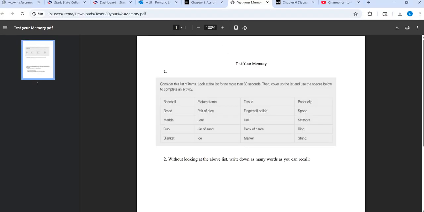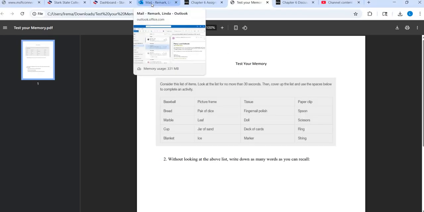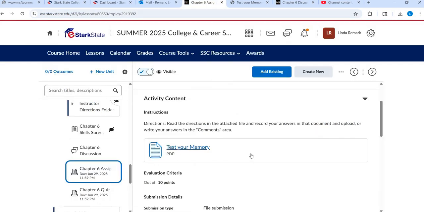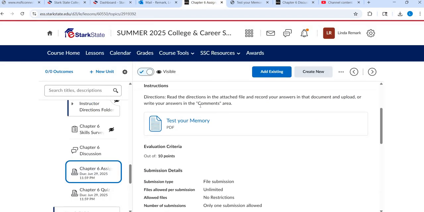So you can, like I said, I'll add the Word doc version of it in case you prefer to type it on there. So I'm going to the wrong place here. So what you can do in your comment area, I'm on the instructor view right now, but when you go to submit assignments, you have a comment area, you can just type your responses there and I can grade it from there. So whatever works best for you, either the Word version, type it in and save it and submit it to the Dropbox, or just type your answers in the comment area. So that's your chapter 6 assignment for Test Your Memory.